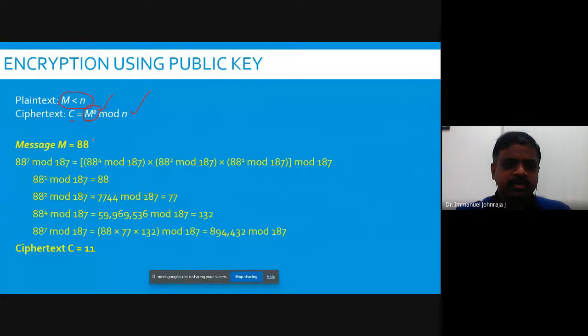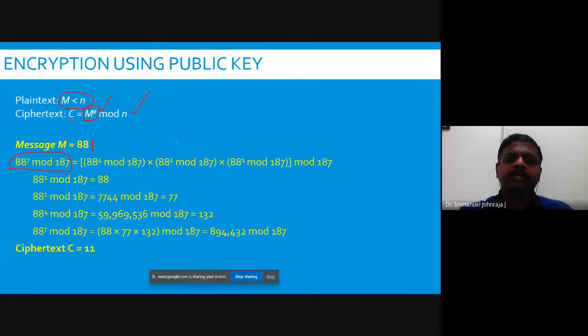For our calculation, the original message is taken as 88. So what is the formula? 88 power 7, since the e value is 7, and mod n, which means 88 power 7 mod 187 should be calculated. This number looks really difficult because 88 power 7 is going to be a very big number, and then taking the modulus is a big calculation even for our textbook sample. When you go for the biggest numbers in actual RSA implementation, this is going to be a nightmare even for computers to do directly.